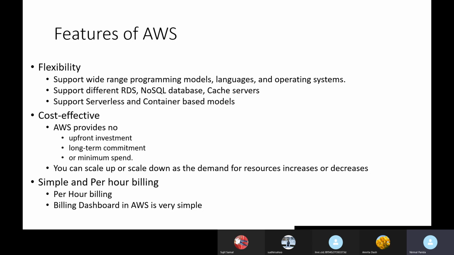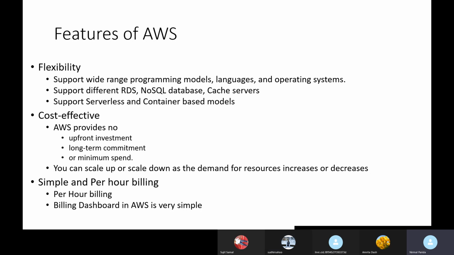You can also scale up or down as demand changes. Scale up means you can increase your resources, your running instances, or your database instances, or you can scale down, which means you can remove instances as per your demand. So there is full flexibility from the AWS side.